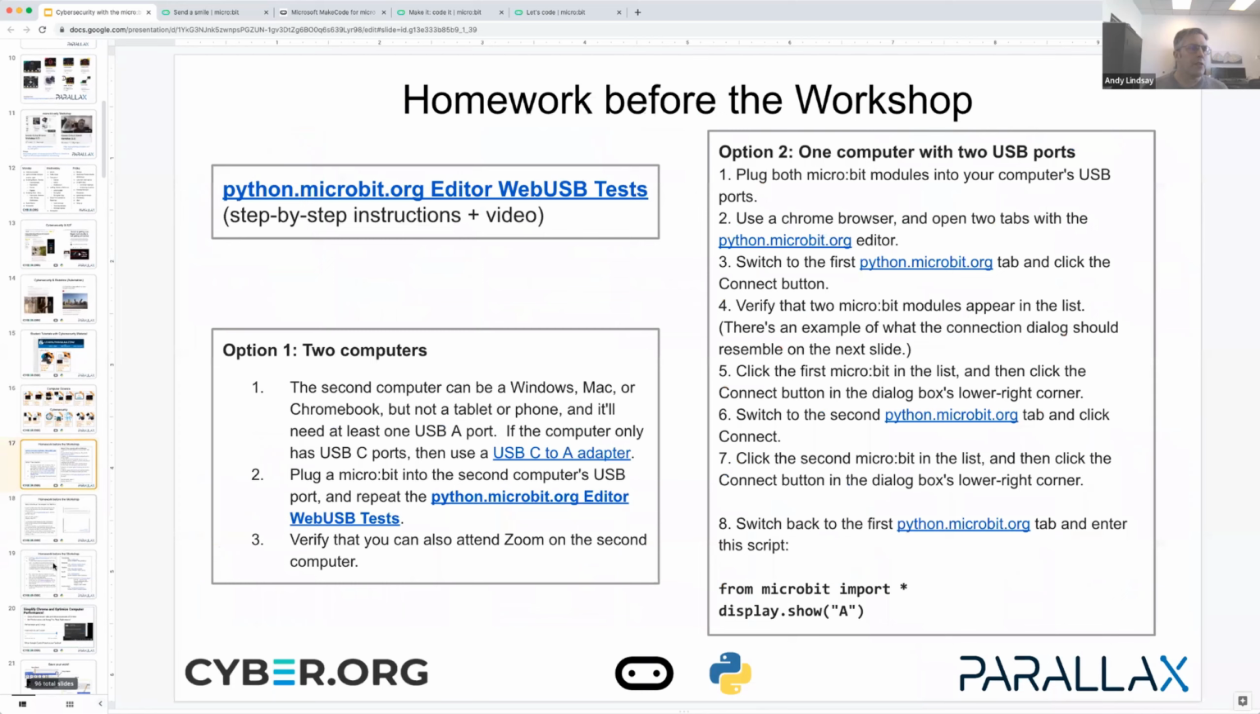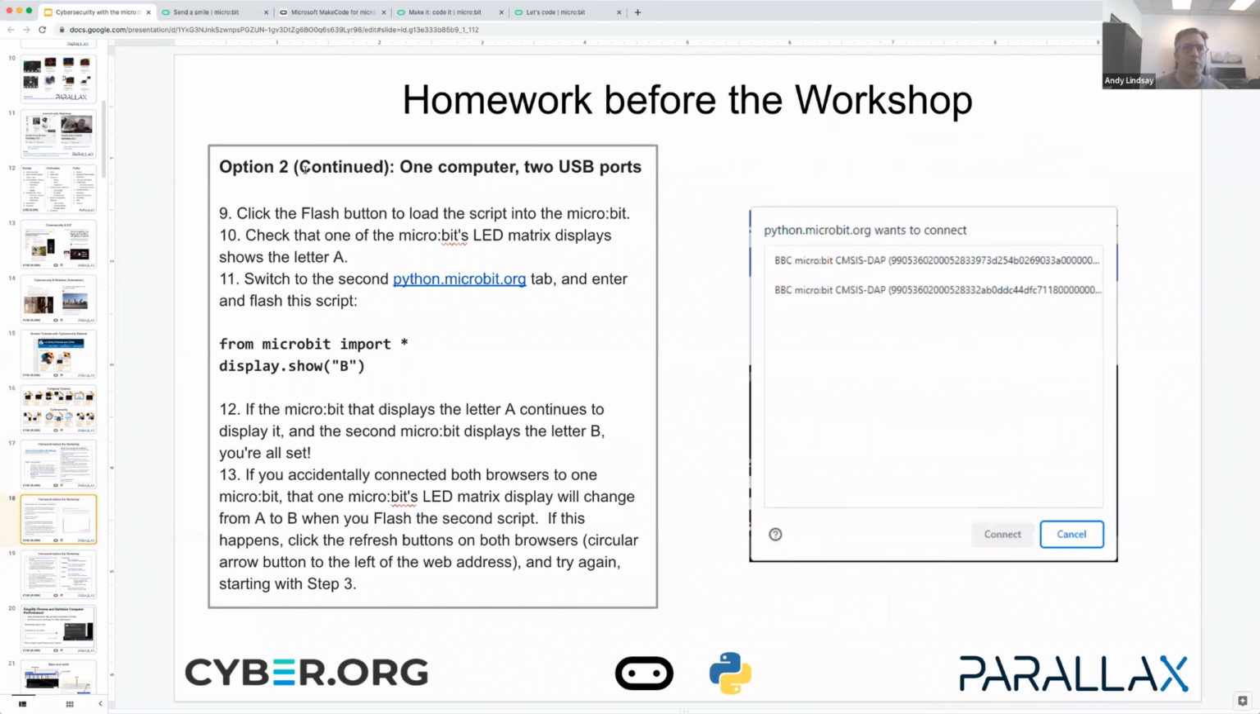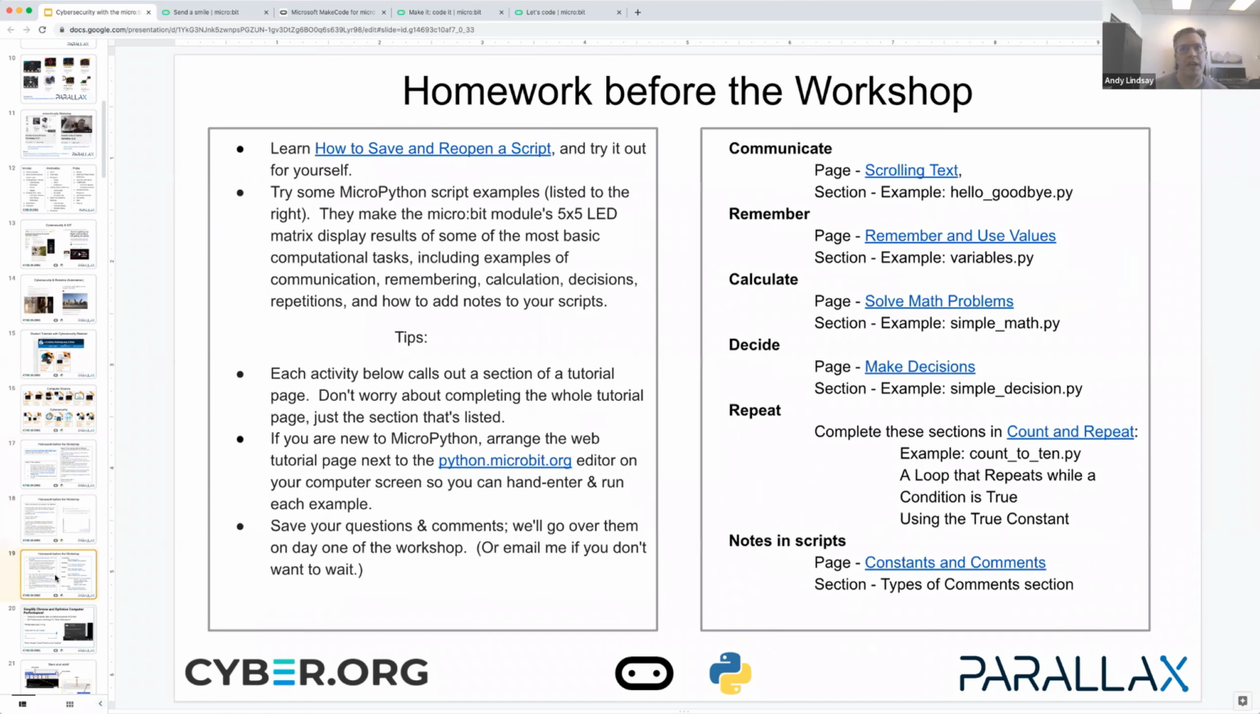All right. So the homework before the workshop, these are also the instructions on connecting 2 microbits to 2 editors on a single computer. And then, of course, if you have 2 computers, you'll just be finding one BBC microbit instance and connecting to that on each computer. After that, there was the very basics of Python programming. And so I assigned just a little section of each one of these. And so, for example, if we did solve math problems,